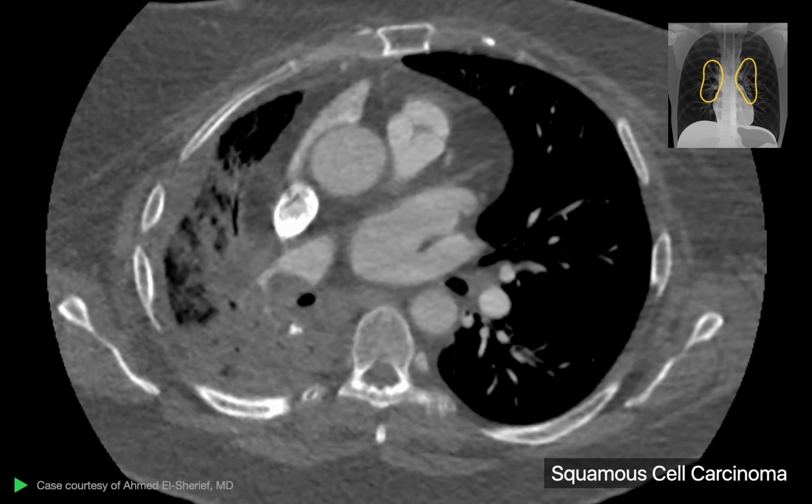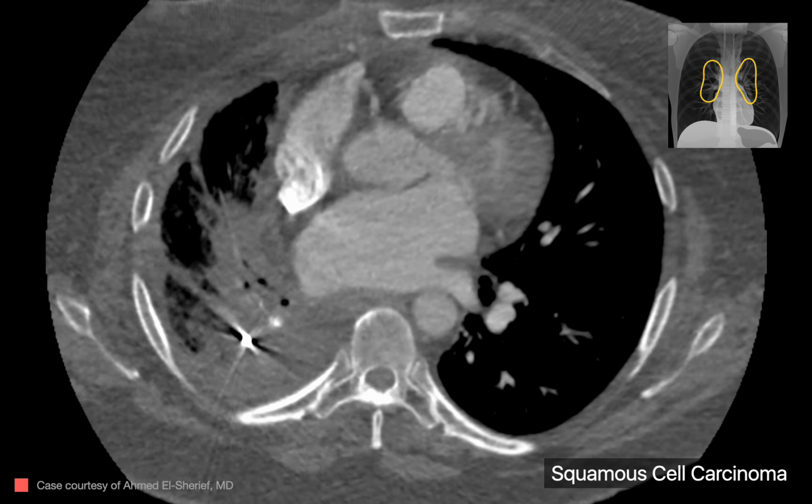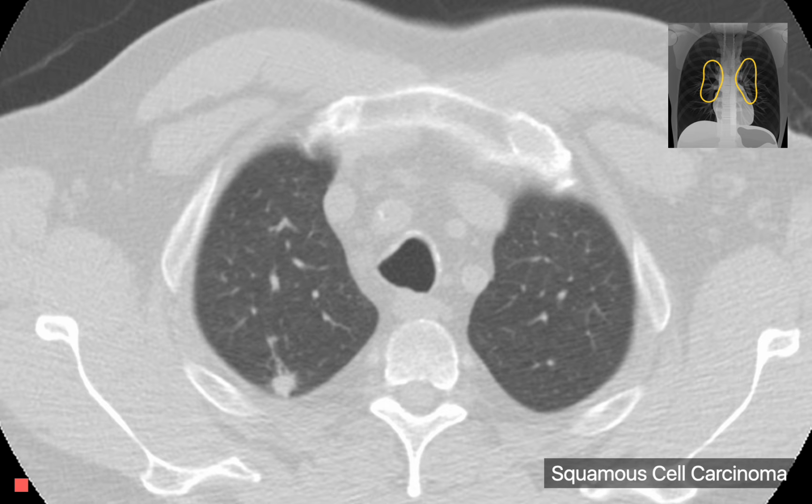Here's another case of squamous cell carcinoma which appeared to invade the lumen of the right pulmonary artery on this enhanced chest CT image, in addition to central airway occlusion that resulted in much consolidation peripherally, which probably represented a combination of post-obstructive pneumonia and atelectasis. And here's a less typical case of a peripheral squamous cell carcinoma, which was discovered at an early stage by lung cancer screening.